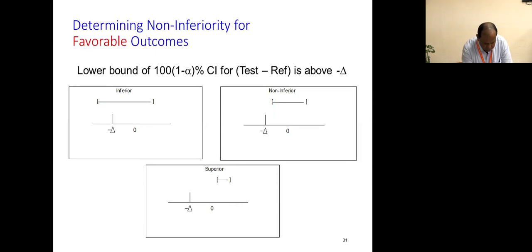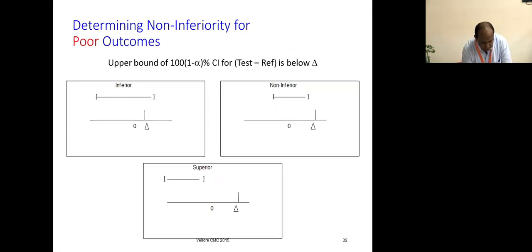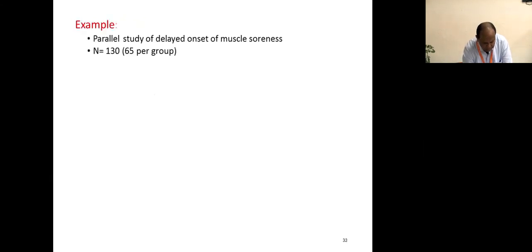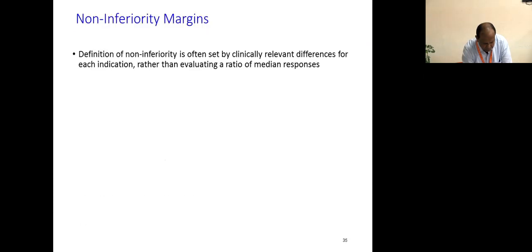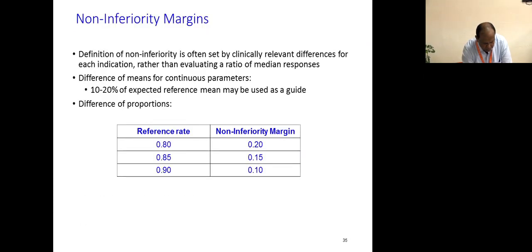So if this is inferior, then this one is non-inferior, and this is superior. See? So this can show you the superiority as well. Therefore, this is a very important design. And this is for the poor outcomes, the complement of it. When you say zero conversion or no zero conversion, if you take that, it's the other side. Let us not worry about it. This is what we have discussed.